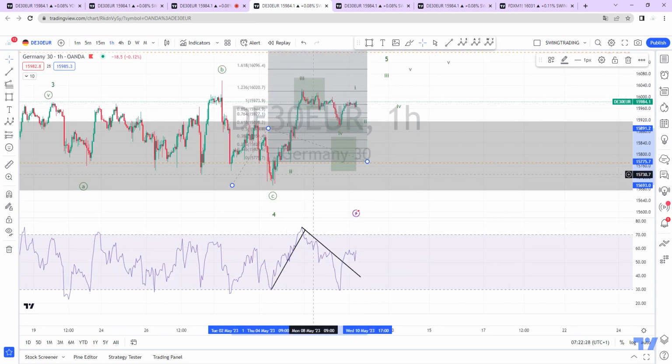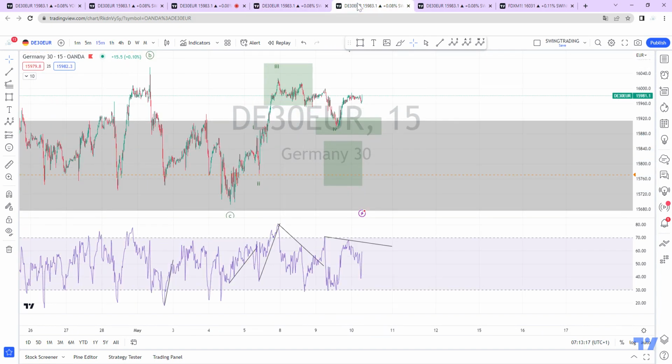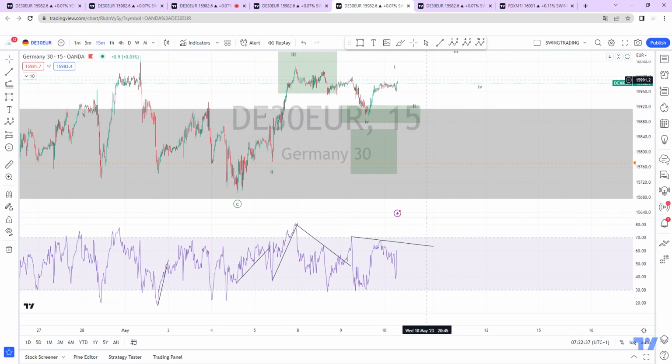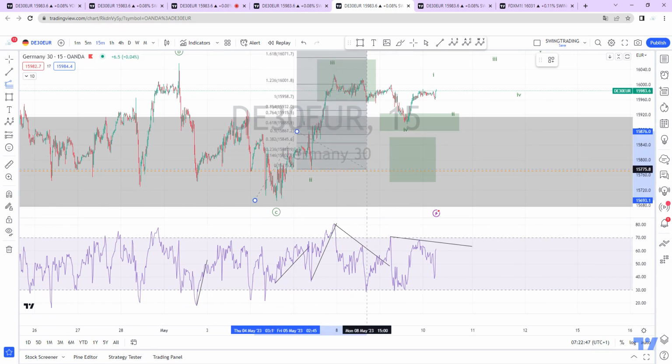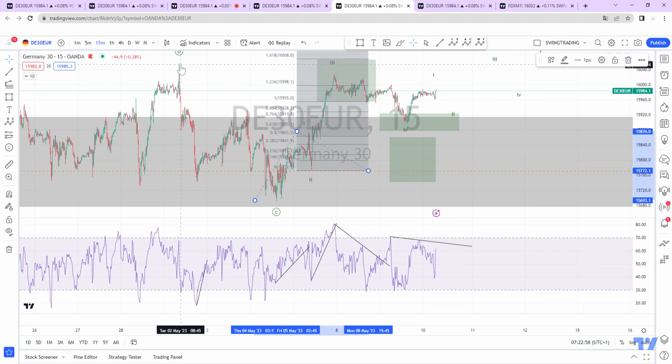No, what went wrong here? Let me see on the 15 minutes how I calculated this box. Oh yeah, okay. Now I see. So at this equal leg area, you also take out this high, and if you take out a high, what typically happens is that we have a pullback. So I will wait for a bit more data.